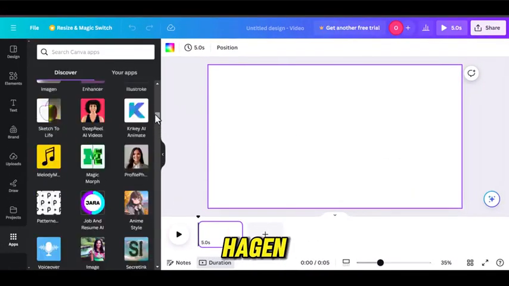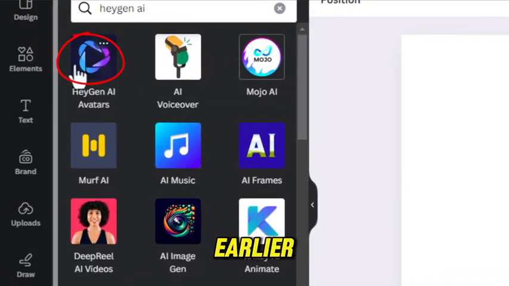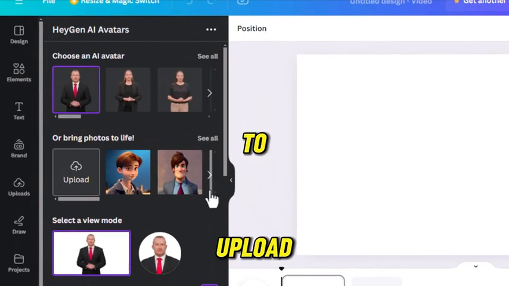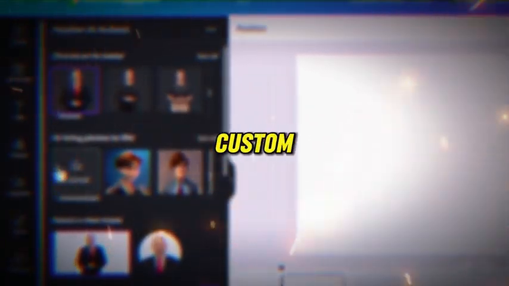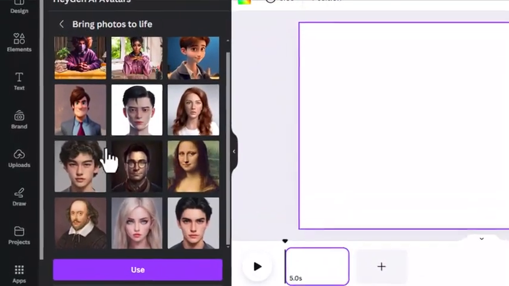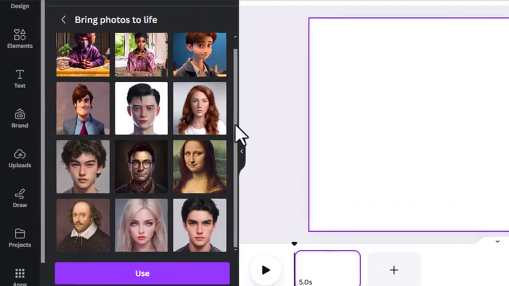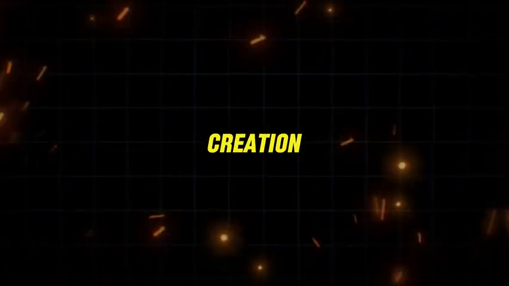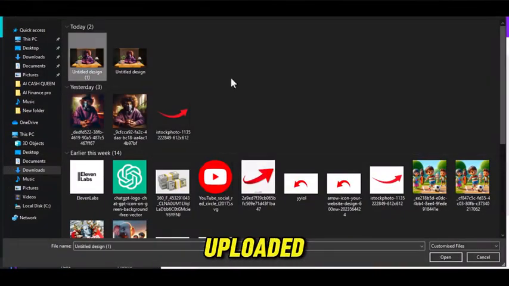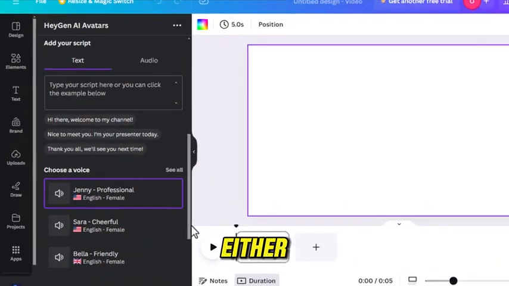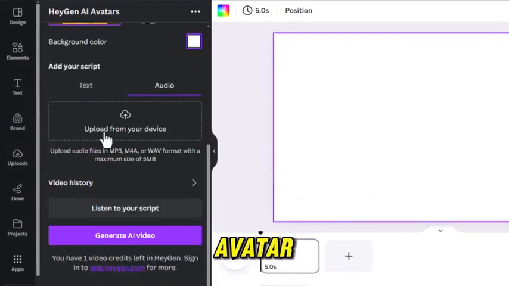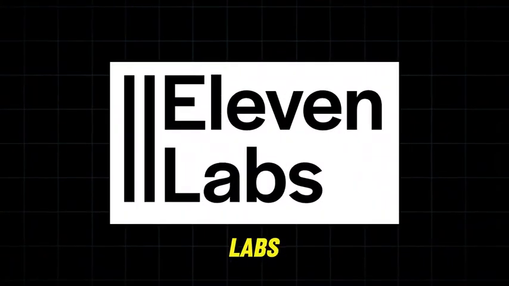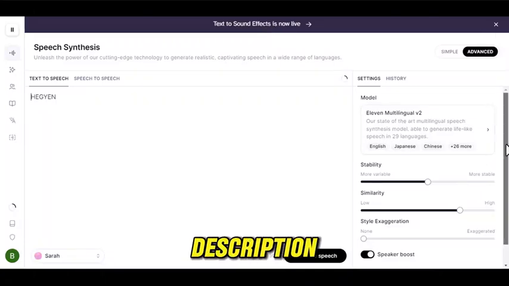Look for Hagen, the AI app we signed up for earlier, and click to open it. In Hagen, click on Upload to import your custom avatar image. If you prefer, you can also choose from a variety of pre-made avatars, but for this tutorial, we'll stick with our unique creation. Once your avatar is uploaded, you can choose to input either text or audio for your avatar to speak. I've already created an audio file using 11 Labs AI, which I'll link in the description for your